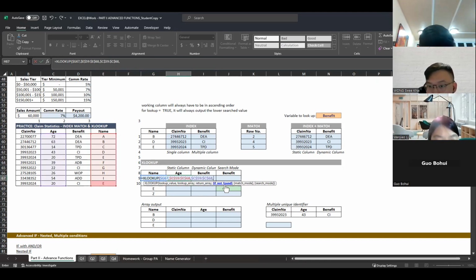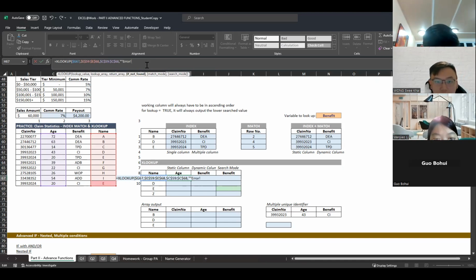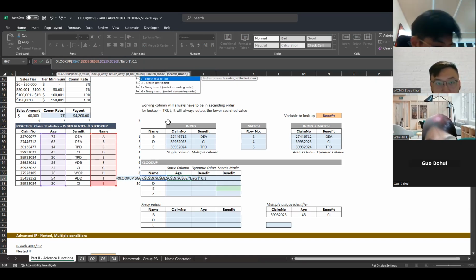For not found, I can fill in any string that you want. Let's say if not found, give me error. I want error. And then my match mode is 0, and my search mode is first to last.